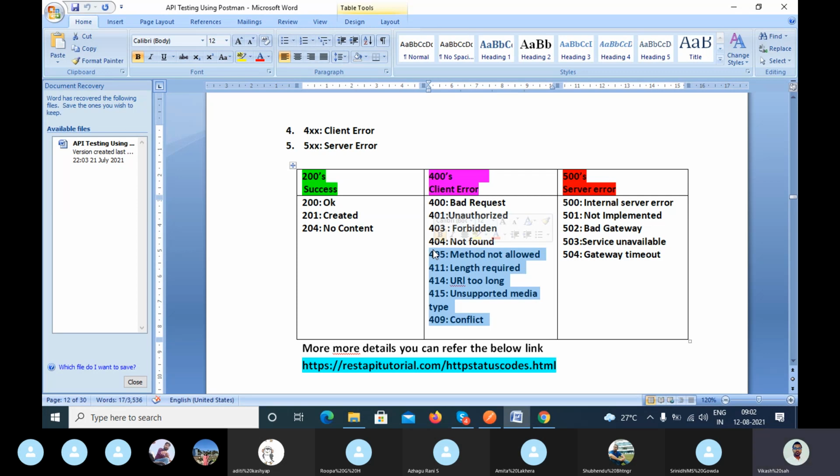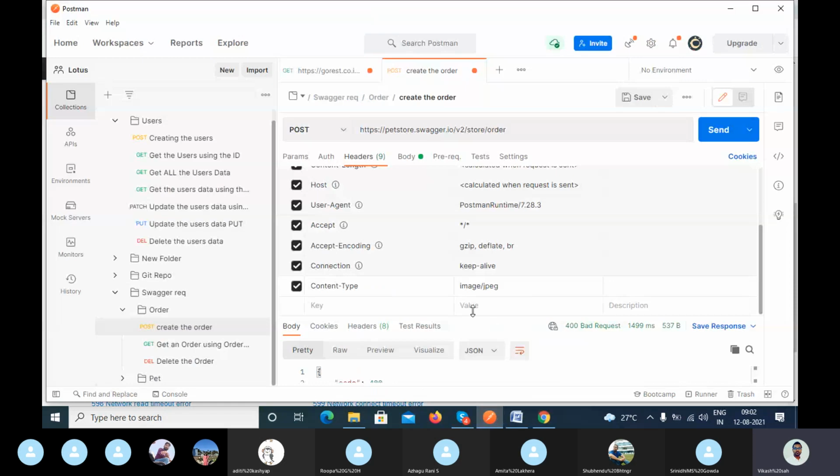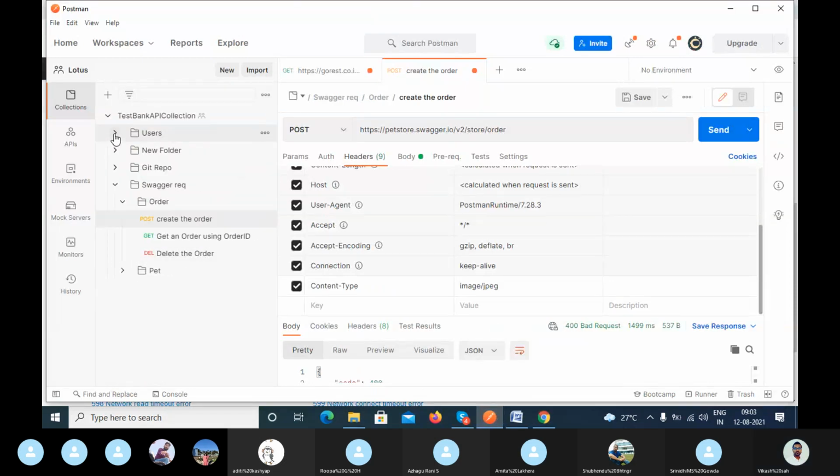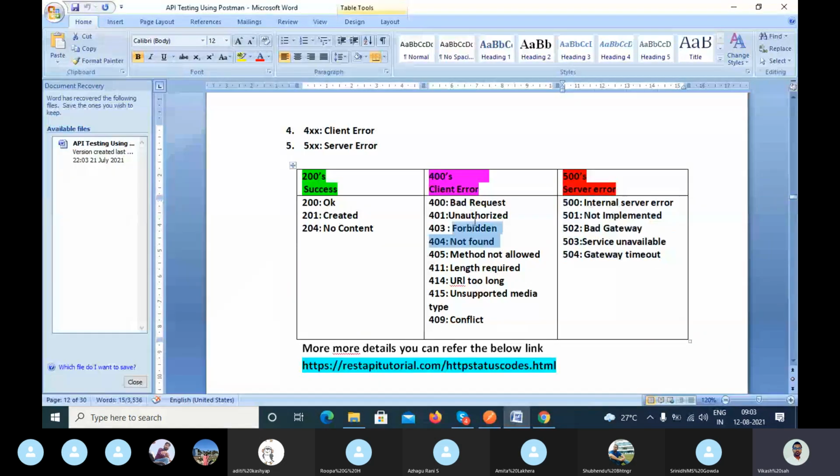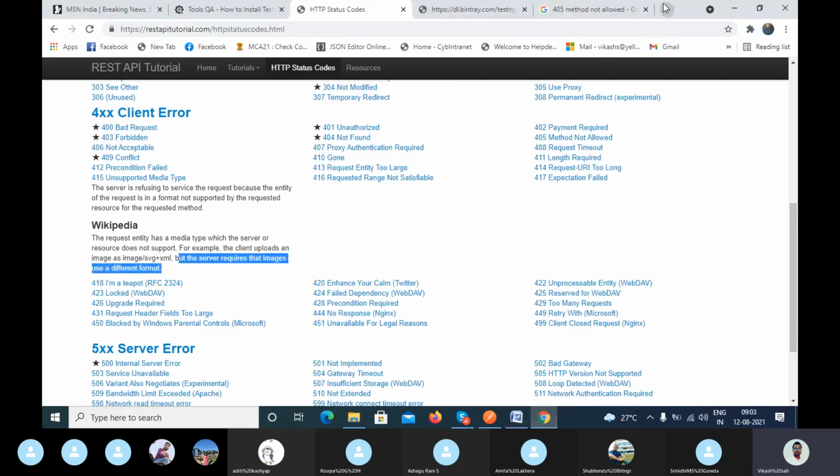Okay, now coming to the next part, the server error. Server error means it is related to the server. Here you can see, guys, all these status codes which I have explained to you, you have also faced in the UI. If you go and type here